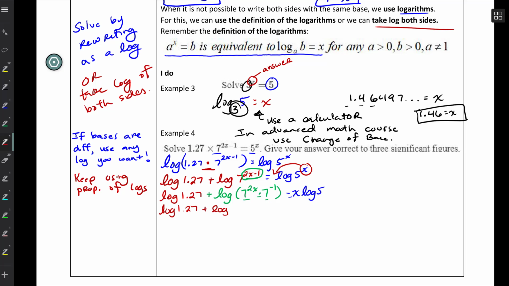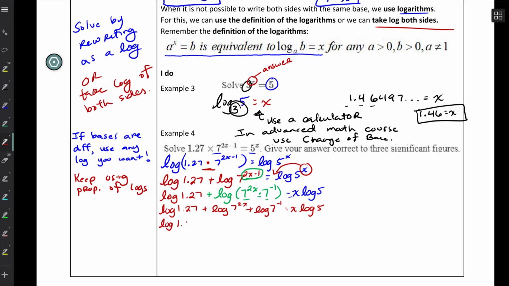Log base 7 of 2 to the x plus log of 7 to the negative 1 equals x log 5. Again, I'm just separating these out by using that product of logs property. Okay. Now, let's go ahead and try and get anything out of the exponent. Let's get the 2 to the x out of the exponent, and let's get the negative 1 out of the exponent. So this now becomes